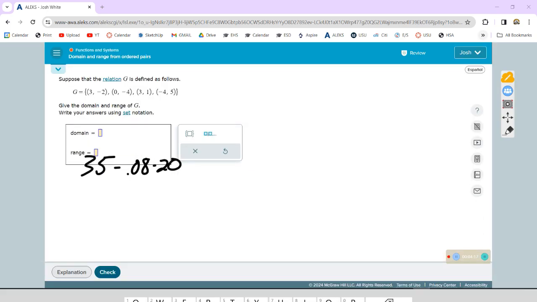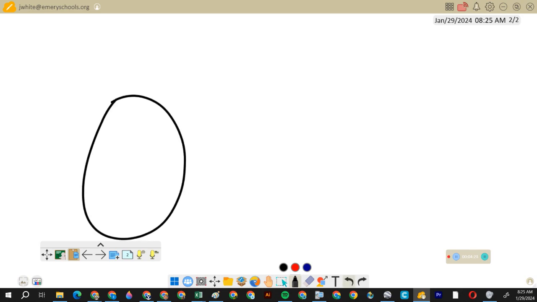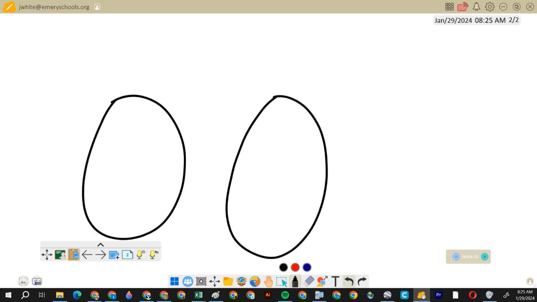So we need to talk a little bit more about functions. Every function is simply a rule that assigns elements of a domain into elements of a range. And so if I were to fill this left side with people,